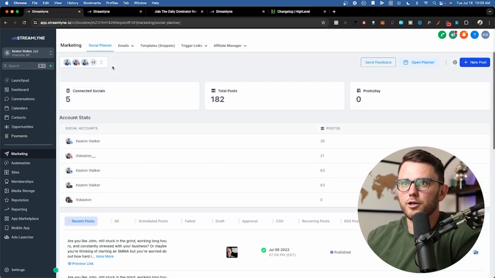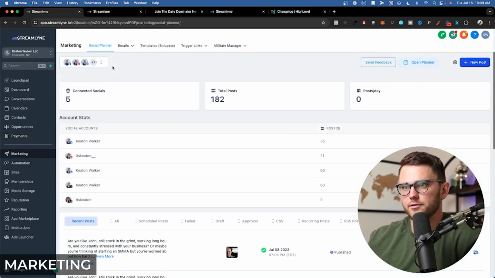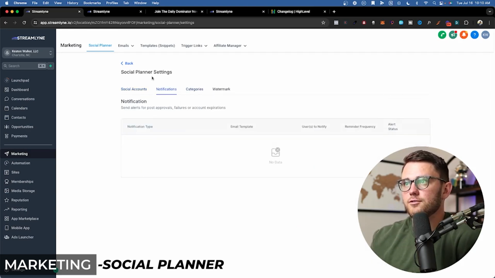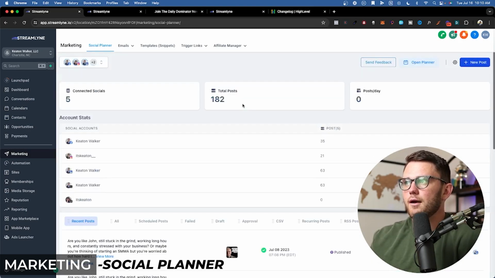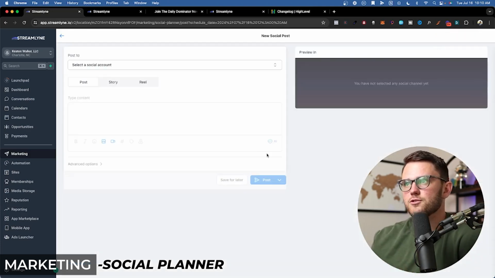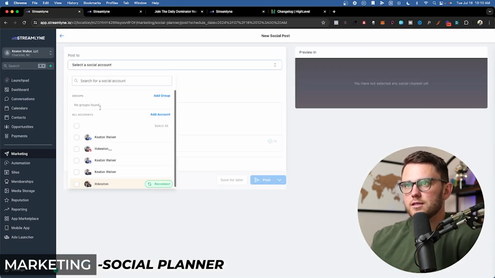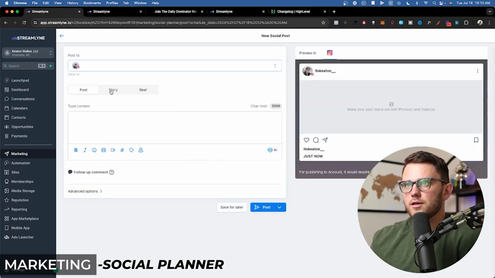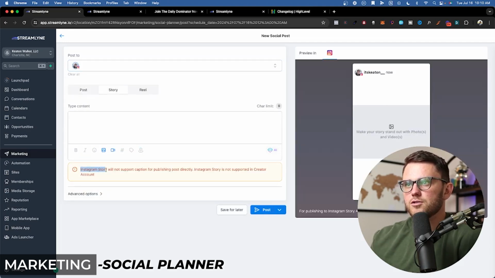Next up, we have the marketing tab, and this is where the social planner lives. Now, the awesome thing about the social planner is that you can connect a ton of different accounts here, and you can post obviously to each one of those. However, there are a few limitations here that make it unusable for some use cases. So let's say I were to go in and schedule something for today, and I want to do it on Instagram. I just hit Instagram here, and then if I go to story, you'll see that